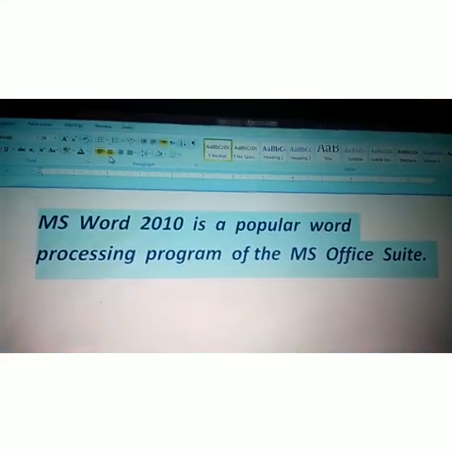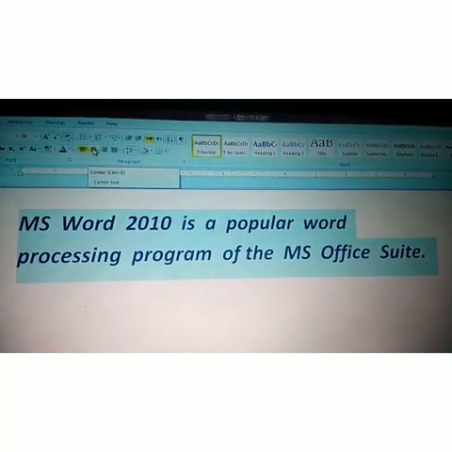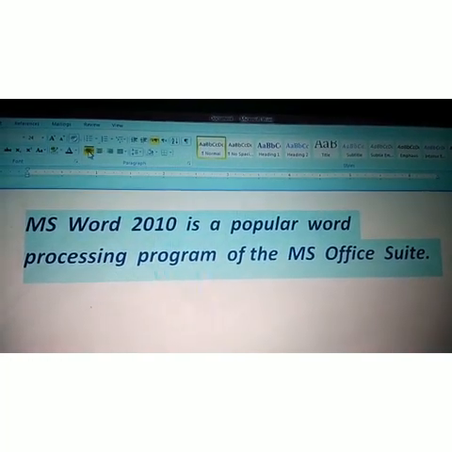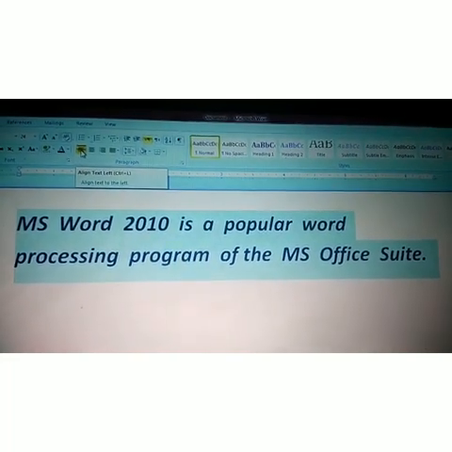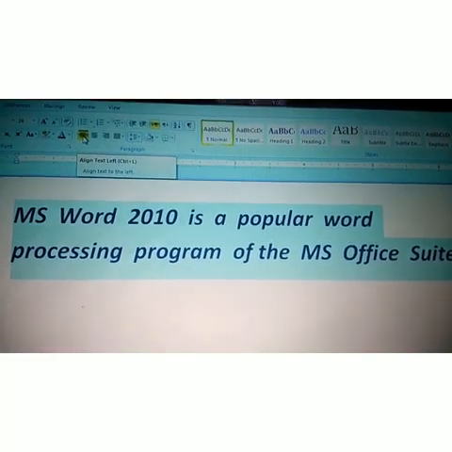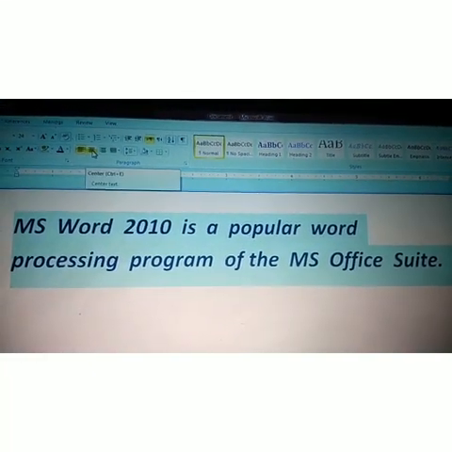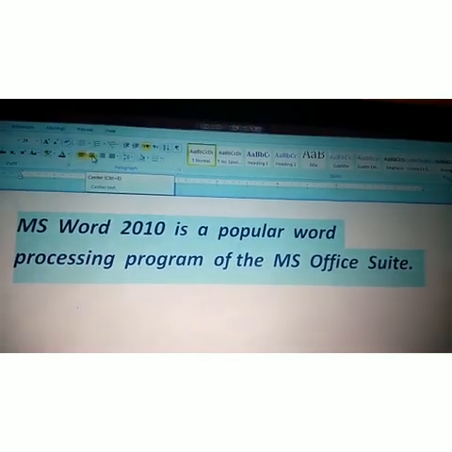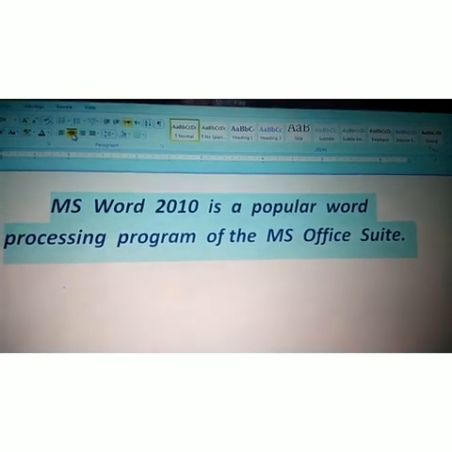Next, students, see, next is your center. Control plus E. Before this, we saw control plus L means left, already used on a paragraph of 2 lines. Next is control plus E, which means center. Only click this and see, these 2 lines shifted to the center side.